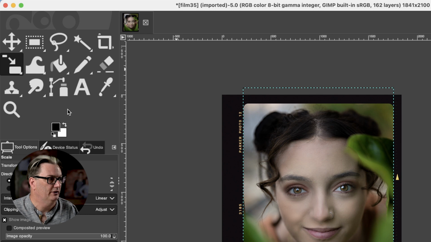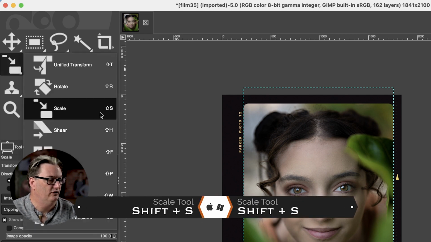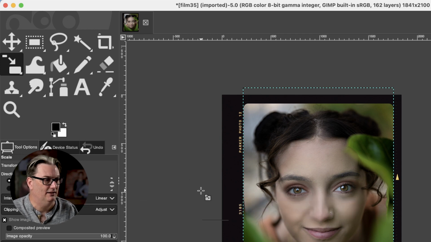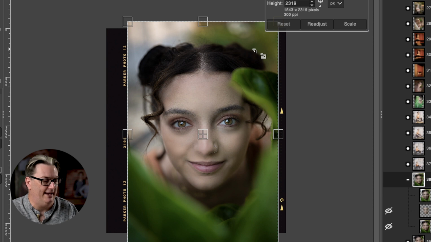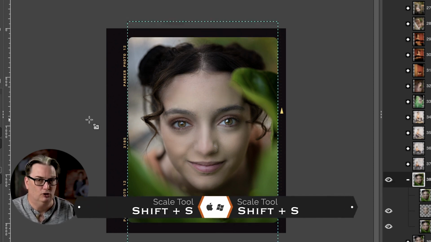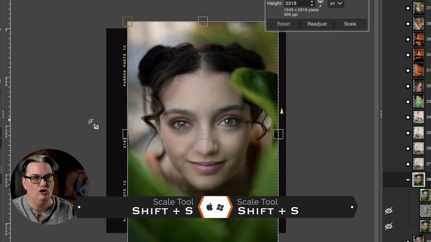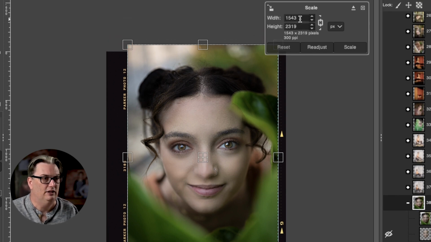So the scale tool, real easy to use. We also have keyboard shortcuts here as well. We have Shift plus S to activate it. If I grab it from the toolbox like so, I need to click on the image to activate it. If I hit the escape key, I get out of it. So if I use the keyboard shortcut this time, Shift plus S, it automatically applies that tool to that grouped layer that is selected. Then to resize it, you can either type in the width and the height you need